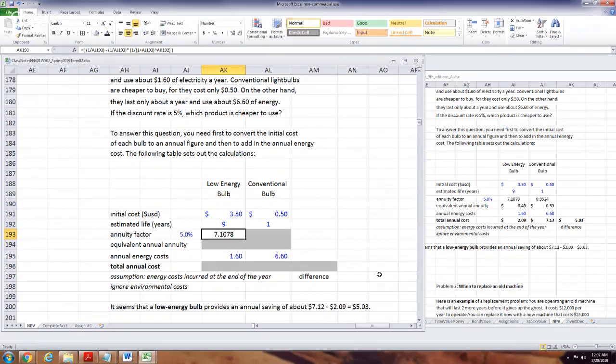Okay, so yeah, 7 times. Okay. So a buck a year for 9 years, you need $7.10 at 5%. So that's what that means. But again, actually what we want to do, let's anchor the 5% because we're going to shift this thing over. You want it to move from 9 to 1, but you don't want to move the percentage. Okay, so there it is.